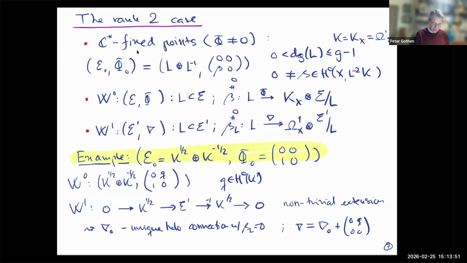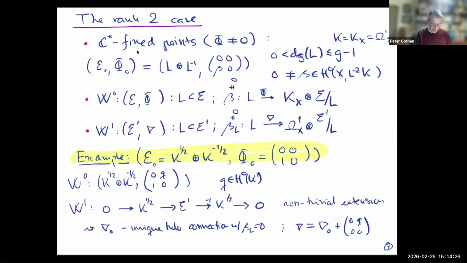So what do I do? I take a square root of the canonical bundle of my Riemann surface, so the holomorphic cotangent bundle, and I write down this rank 2 bundle, K to the half plus K to the minus half, and I have a canonically defined Higgs field here of this shape, because basically this one is the canonical section that goes from K to the minus half to K to the half. Let's see, it goes the other way, it goes this way, right? So here, a map from here to here would be a section of K minus 1. Since phi is K valued, you have a tautological section there, a canonical section there.